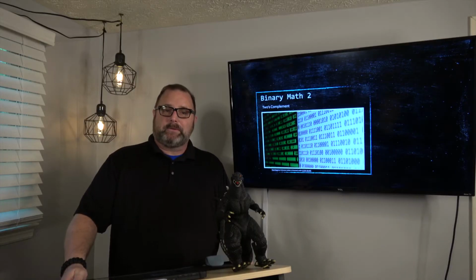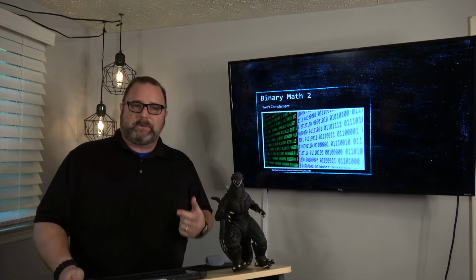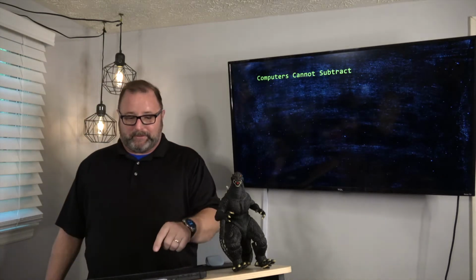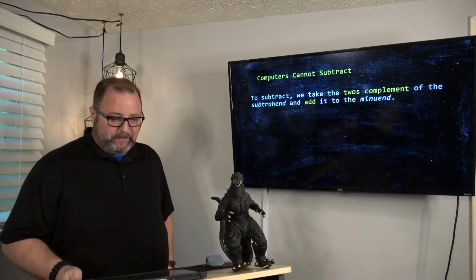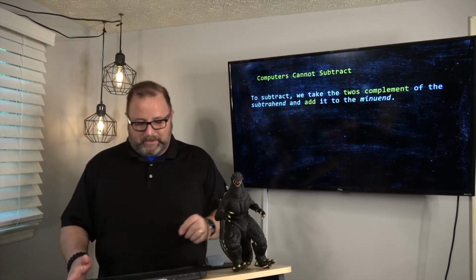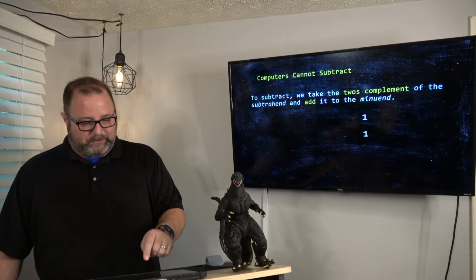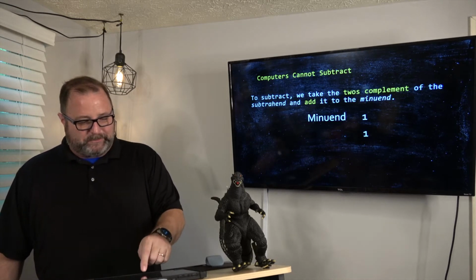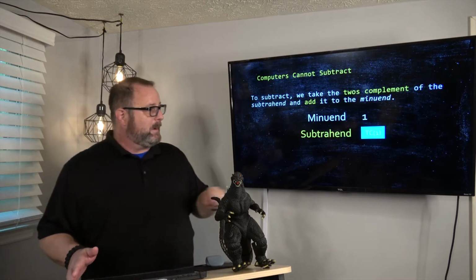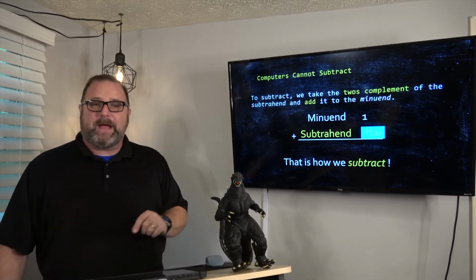In this video, we're going to talk about how to calculate a 2's complement of a number, because computers cannot subtract. In order to subtract, we take the 2's complement of the subtrahend and add it to the minuend. As we've talked about in the first course, the minuend is the top number, the subtrahend is the bottom number. We're going to take the 2's complement of the lower number and add that, and that is how we subtract